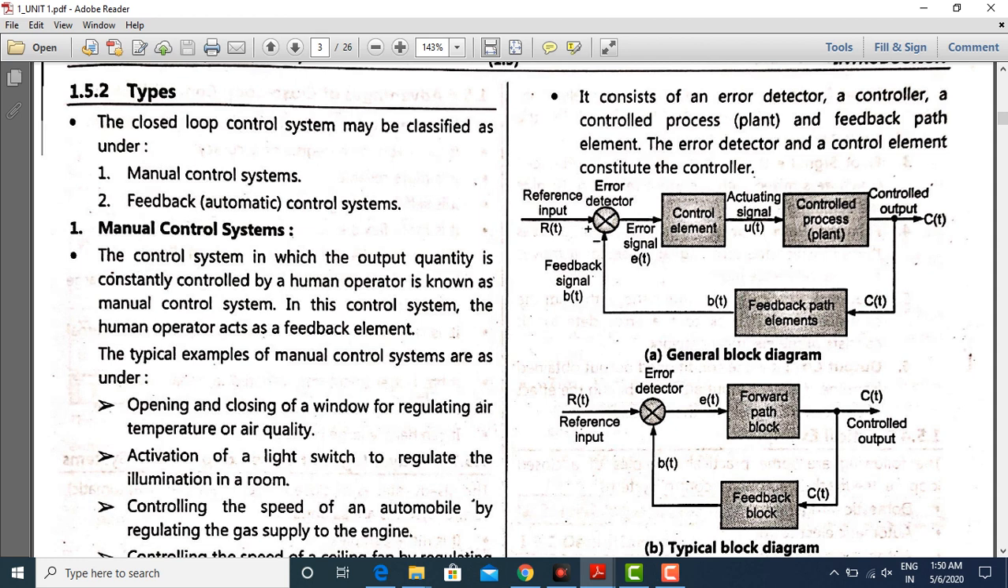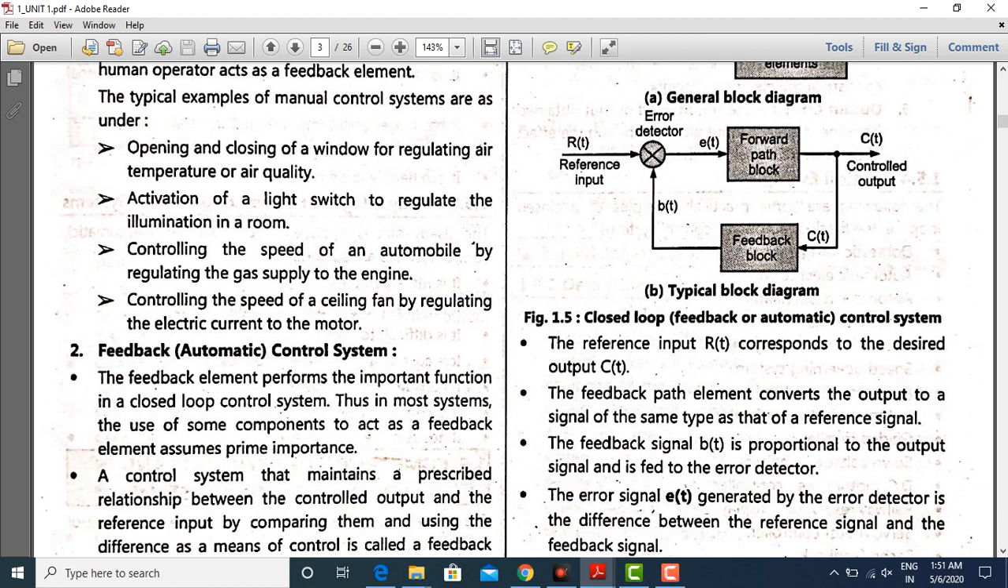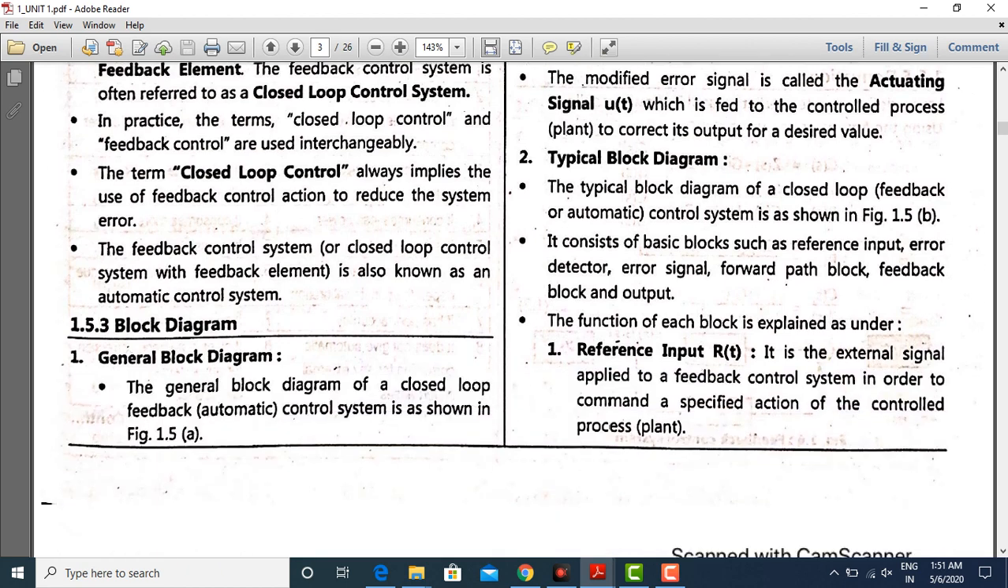It is given to the control process or plant. Then controlled output will be produced. Hence feedback is taken from the output. Here will be the feedback signal. This process will go on until the error is equal to 0. This is my closed loop system. Now moving towards next,